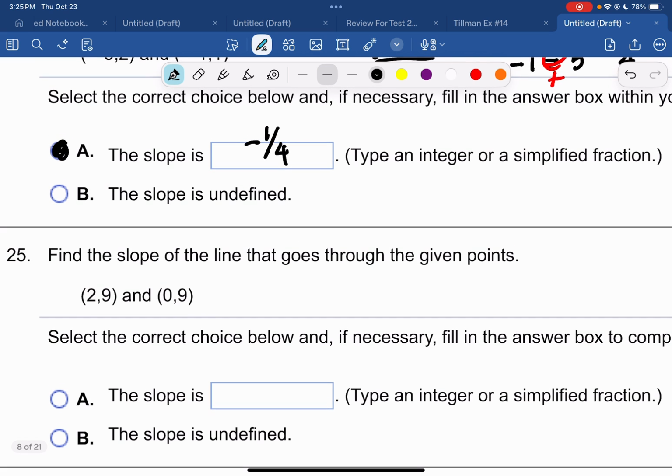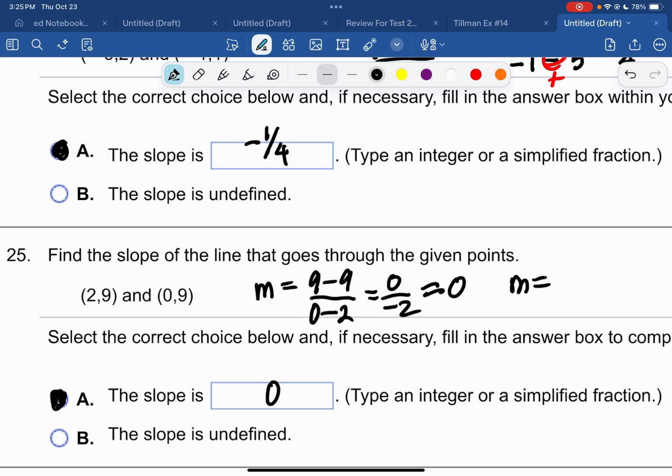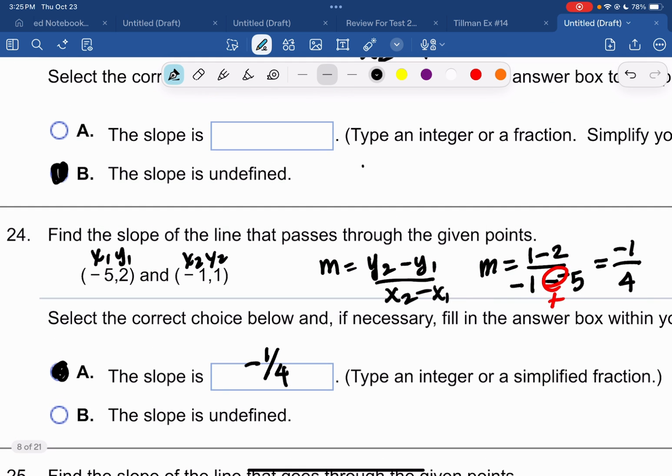All right, so one more of these, and then we're going to take a break, and you can watch the next video where we're going to find slope a different way. So my slope is 9 minus 9. Oh, look, I already got a 0 in the numerator. Let's check the denominator, though. 0 minus 2. Okay, it's not 0. My numerator is 0. That's going to be a horizontal line. The slope is 0. Now, remember, slope equals 0, horizontal line. Slope equal undefined